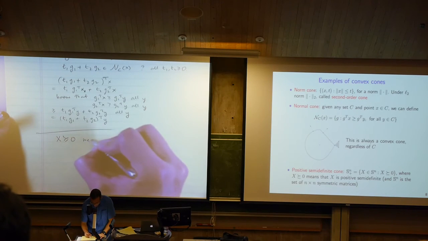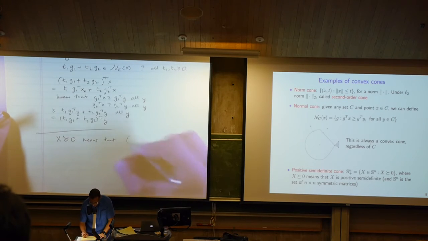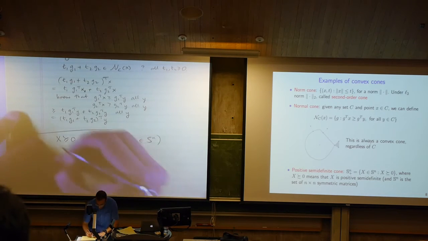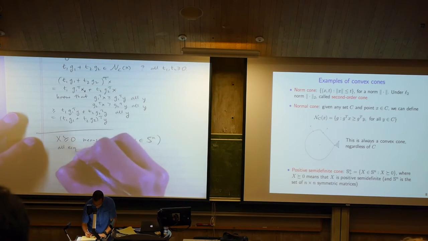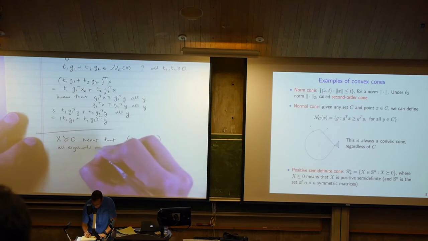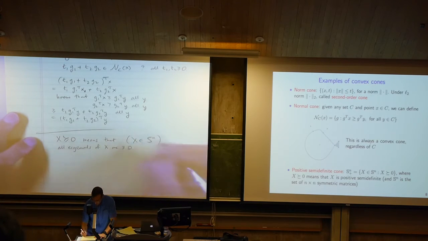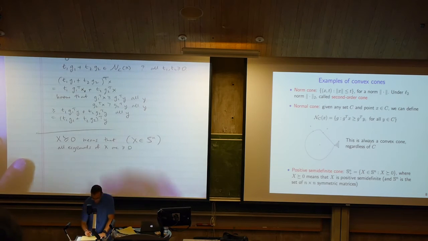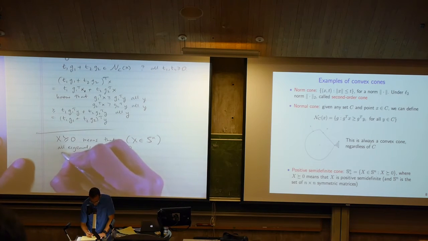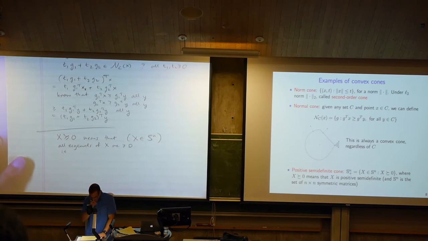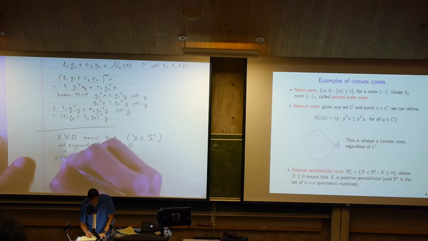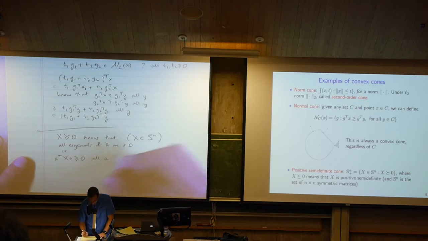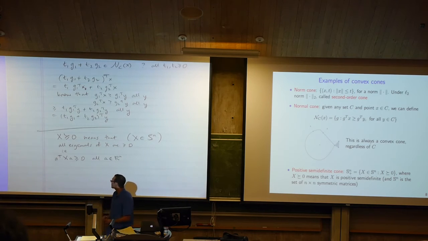So this means that, and here I'm thinking about X as a symmetric n by n matrix, all eigenvalues of X are bigger than or equal to 0. Another definition, I can say, is that A transpose X times A is bigger than or equal to 0 for all vectors A. Okay, those are two equivalent conditions